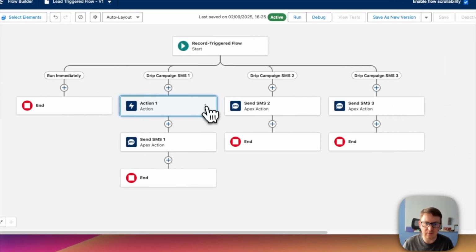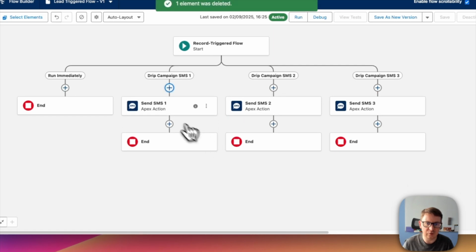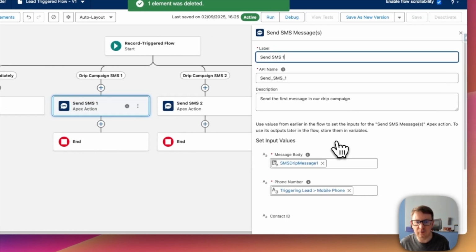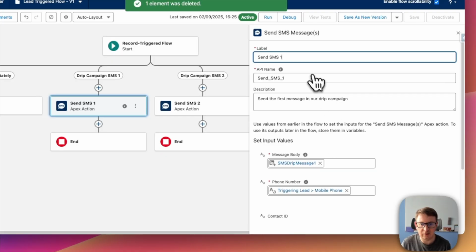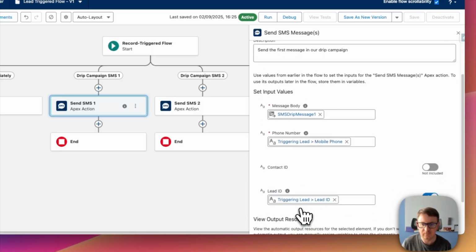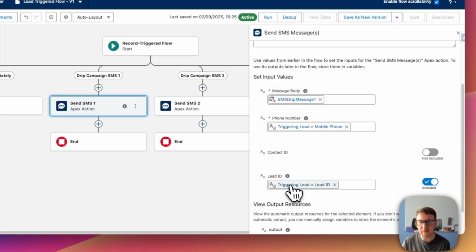We've already chosen SMS Message here, and what I'm going to do is just show you the setup we've got for the different messages. For our first one, and this is exactly the same for the second and the third, we're going to send our message. We have our message body being a text template, which we'll look at in a second, and the trigger lead's phone number as our phone number. We also set the lead ID on the lead ID variable